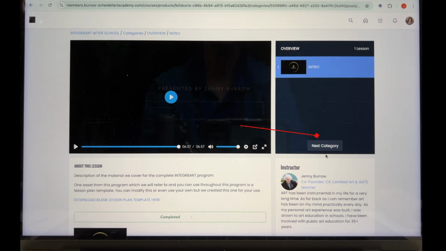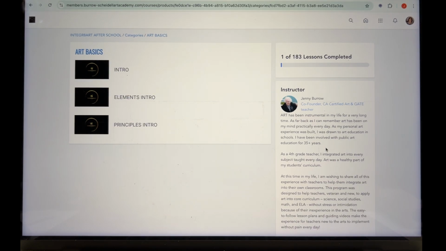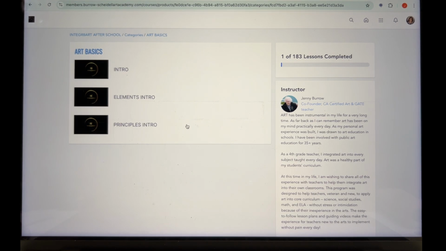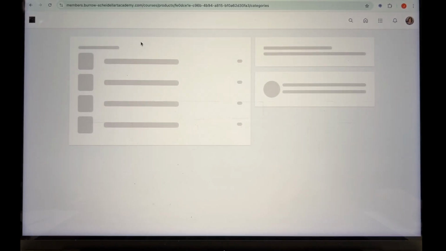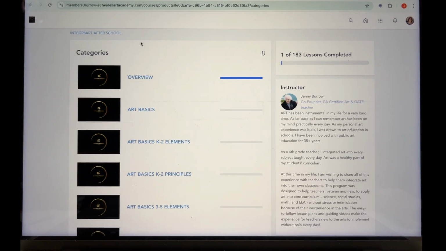And we go again. This one navigates in the same way. It will move you forward to the next category. When you get to the end of this one, it would do the same thing. It does this and follows this pattern through the entire course. Now, as you get to, I'm going to go back up here to categories. As you get into the actual lessons for students,